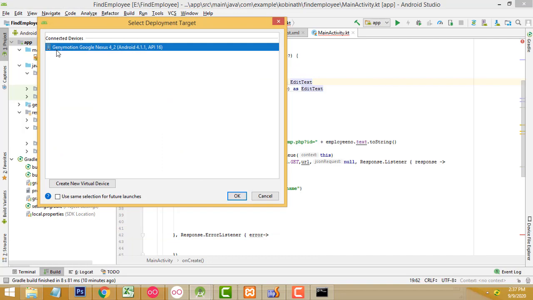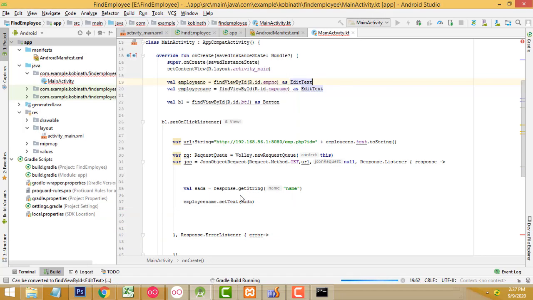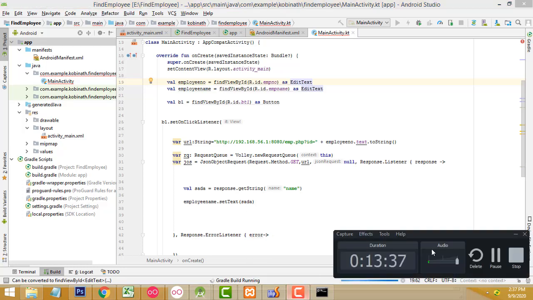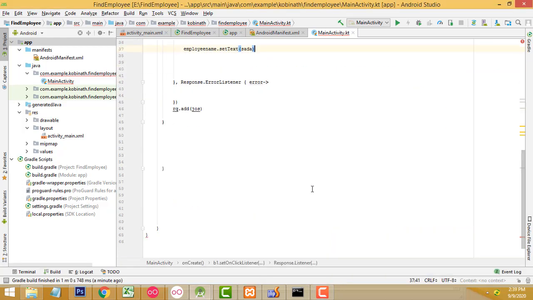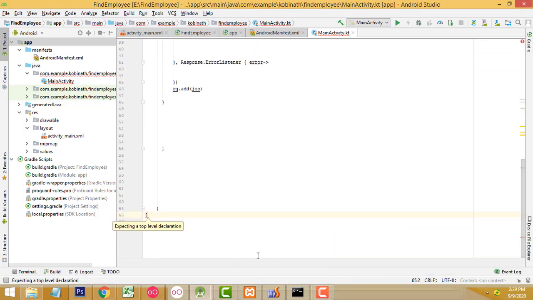I have used the Genymotion virtual device to achieve this. You have to wait until the Gradle build finishes. After Gradle finished, I noticed an error. I got the error from here.